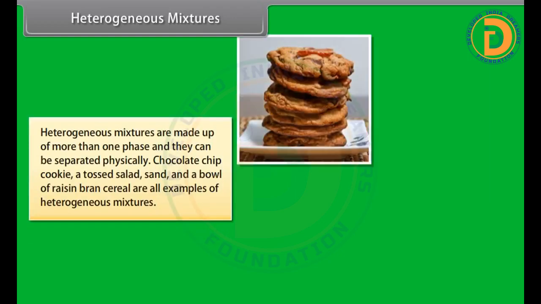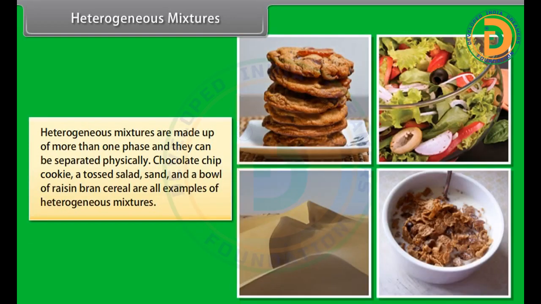Classification of matter. Substance, compounds and phase. Heterogeneous mixtures. Heterogeneous mixtures are made up of more than one phase, and they can be separated physically. Chocolate chip cookie, a tossed salad, sand, and a bowl of raisin bran cereal are all examples of obvious heterogeneous